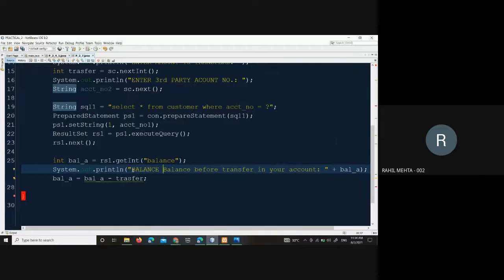It is already written. Why are you writing balance? I just like things in capital. Okay, it is fine, it's written already in small letters. Don't do that. Others will get confused. Don't do that.